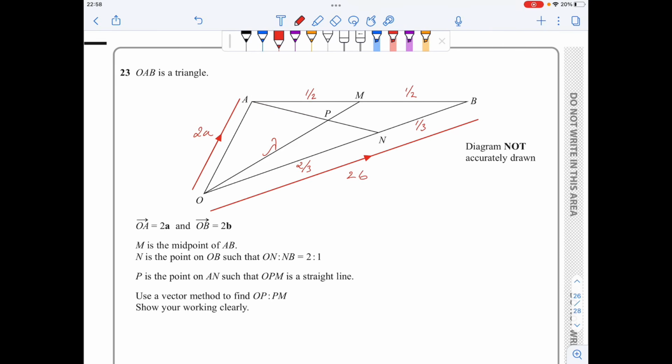Let's call this nu. Now I'm going to find two routes from a starting point to point P and then compare these routes. I will start from O and go to P either directly or through A. And then I will compare these two vectors. So let's begin